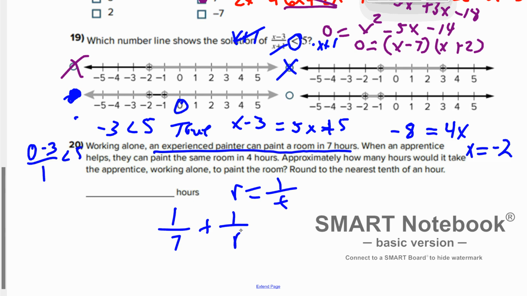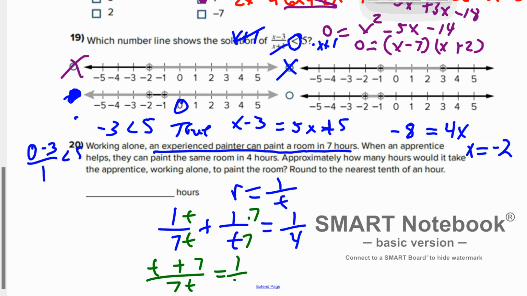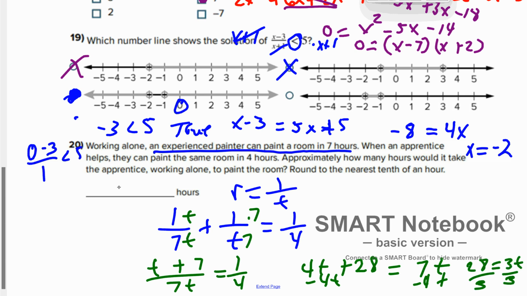So we don't know how much the apprentice is working, so 1 over t, but they work together and it'll be 1 over 4. So just solving this, we multiply both fractions by t on this one and this one by 7. So then we get a common denominator, so we get t plus 7 over 7t equals 1 over 4. Then we can just solve for t, multiply that 4 across, so we get 4t plus 28 equals 7t, subtract 4t, and so we get 28 equals 3t, divide by 3, and there's our answer, 28 thirds,